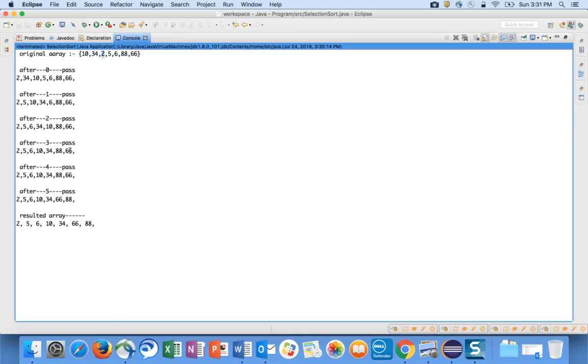34 88 66, 5 10 34. So again, fourth pass nothing happened. Fifth pass, 66 came to the 88 position, and 88 went to the 66 position, and then this is the resulted array, which is nothing but the sorted array,